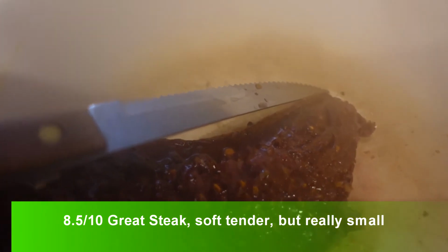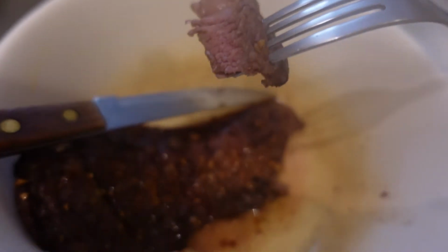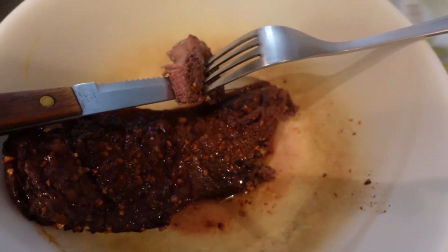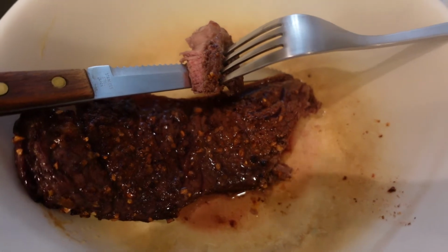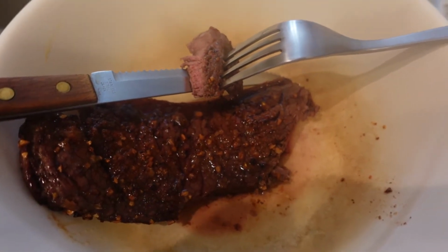Alright, here we go. We'll do a quick taste test. It's good, it's juicy. It's got a lot of flavor from the seasoning that I put in, so definitely check it out. The M&M Meats